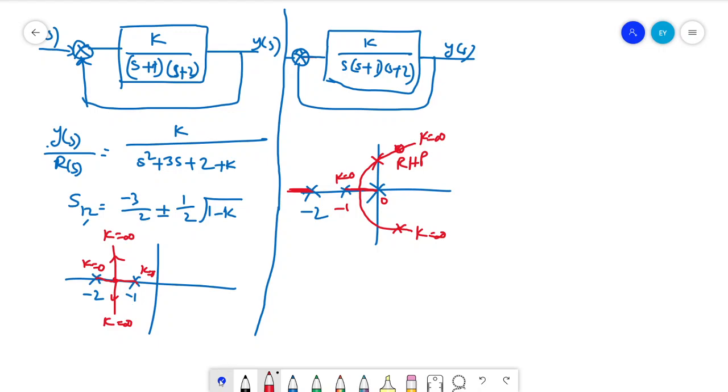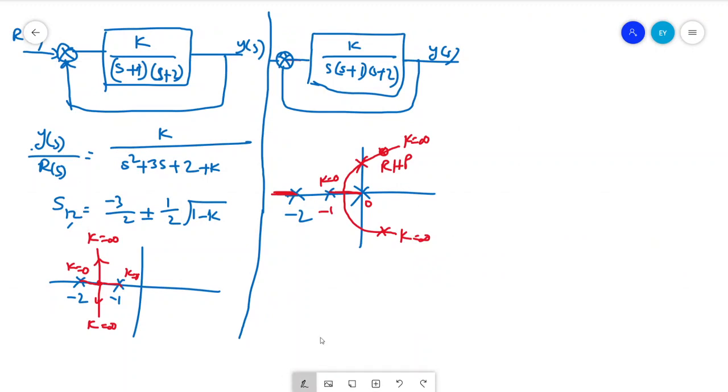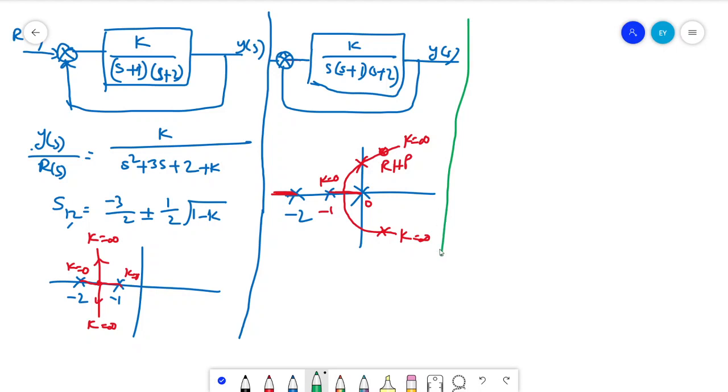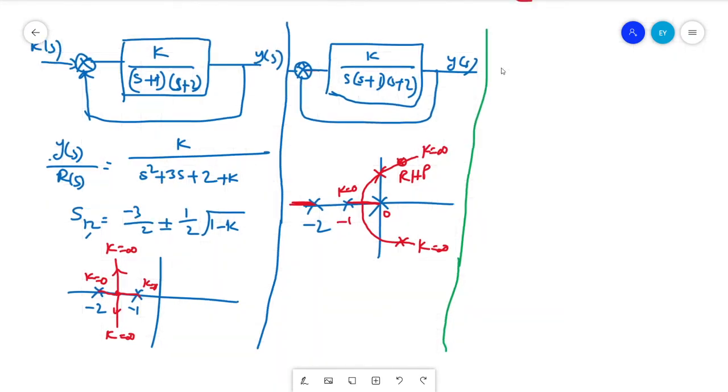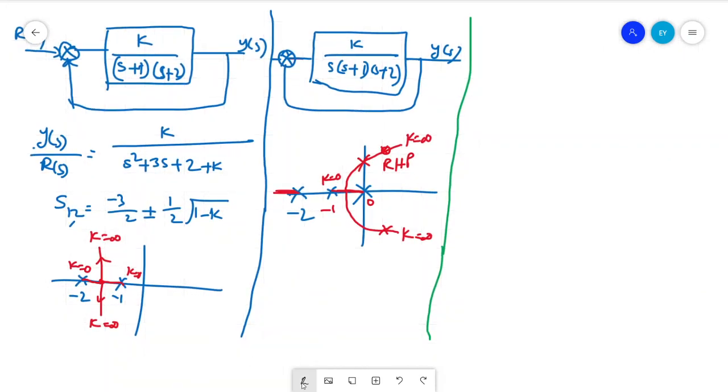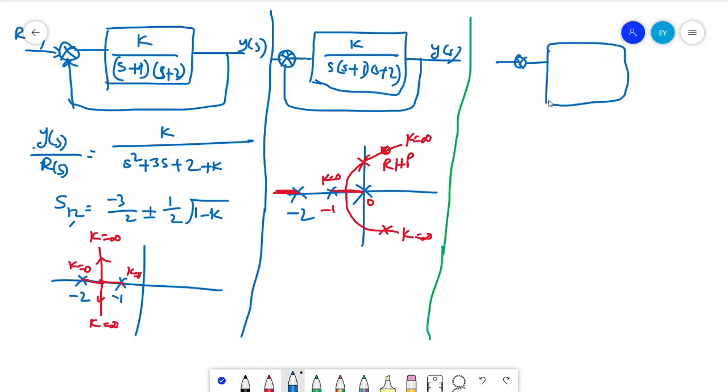What if you have a differentiator? Okay, let us check if you have a differentiator. So we'll take the same system and we'll add a differentiator to that, a right hand side or left hand side 0. Let us consider another plant: k into s plus 5. You can take s also, it is 0 actually.